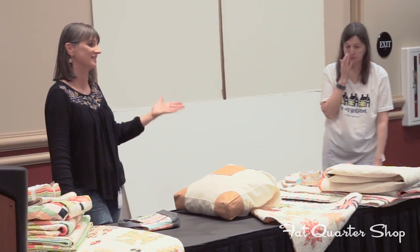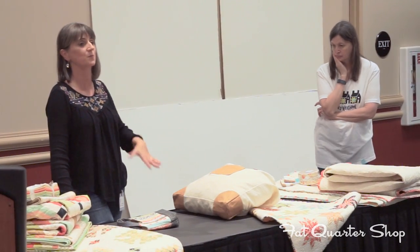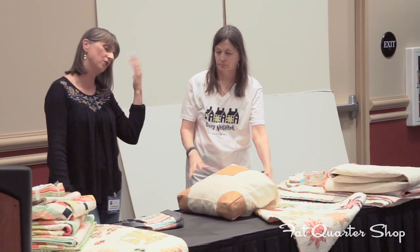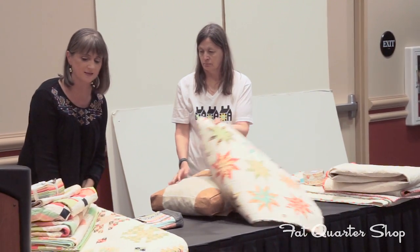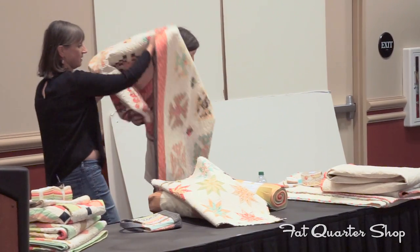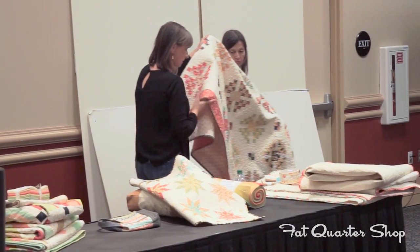So sometimes people find something they really want to do with 1.5-inch strips. So this is one of those collections that will have the honey bun strips in there. So you can kind of be thinking about that if you've got something that you want to do with 1.5-inch strips. I'll do that. And this is the 4th of the kind of the big quilts that we've got this